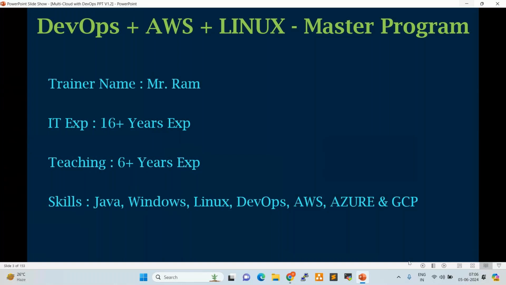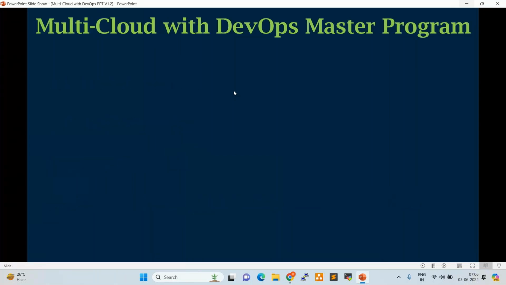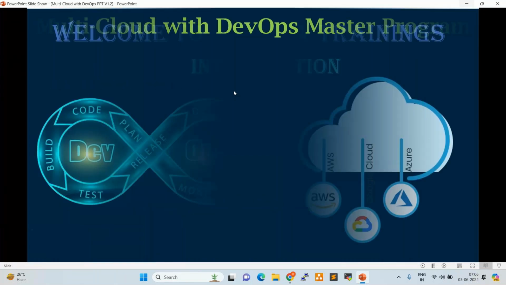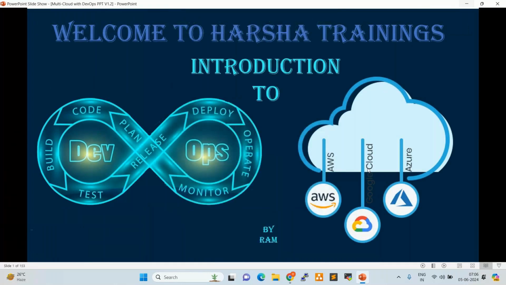This course is a master program, a multi-cloud with DevOps, not only AWS, not only DevOps. In our course, three clouds will be covered: AWS, Azure, and Google Cloud. Along with these three clouds, DevOps is fully covered.